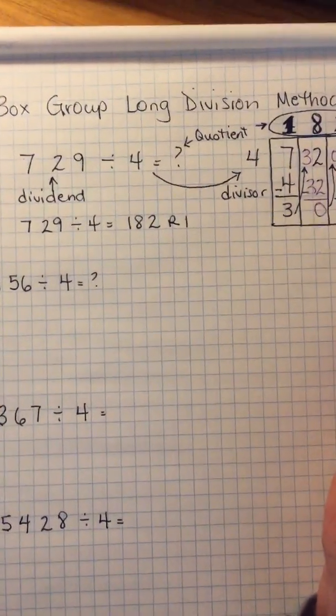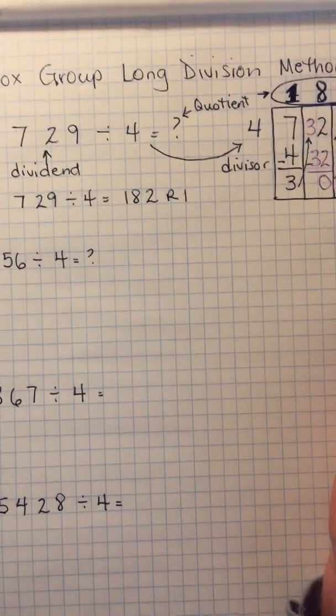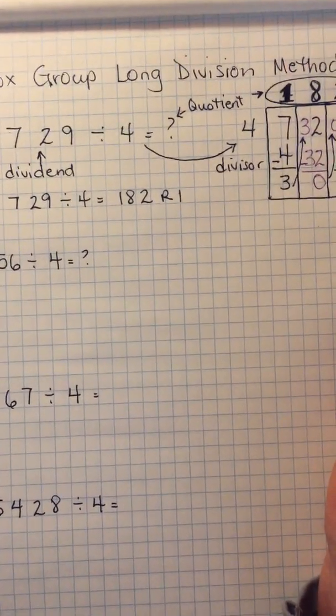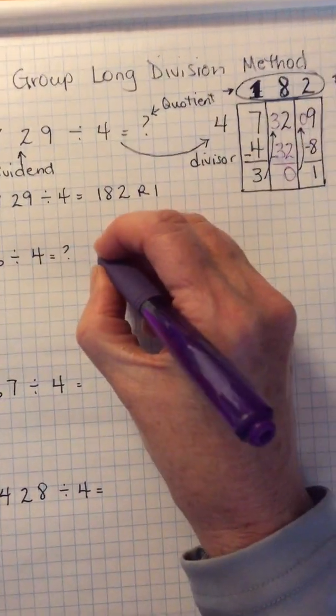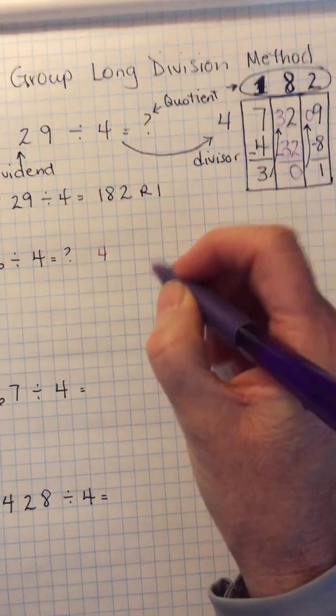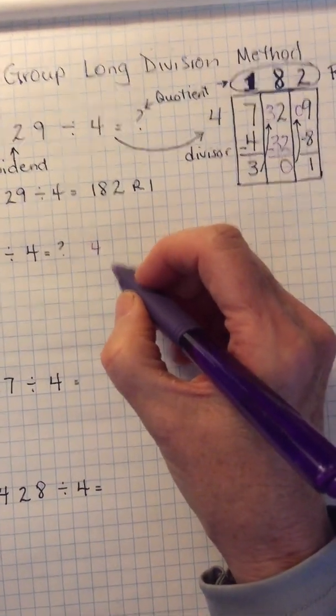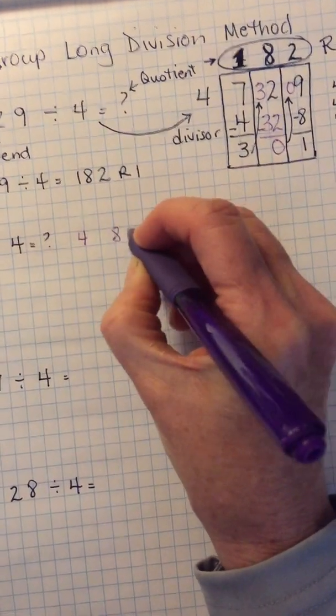Okay, I have a division question that says 856 divided by 4. And I'm going to try doing this in the box group method, okay? So first thing I'm going to do is take the divisor, what I'm dividing it by, the number of groups I want to put it into, and then I'm going to take the number I'm dividing, which is